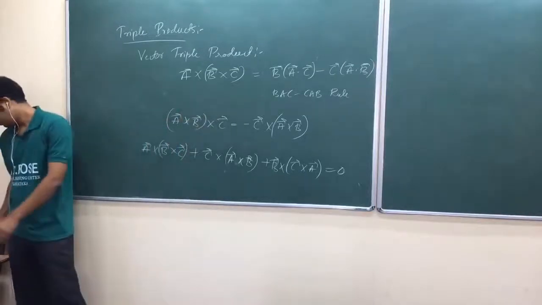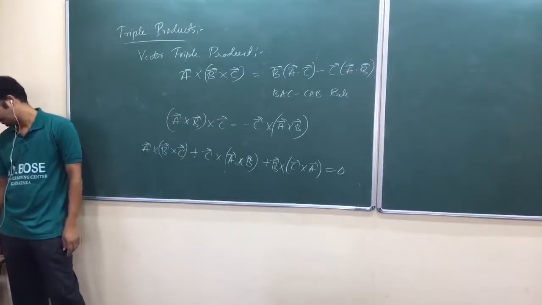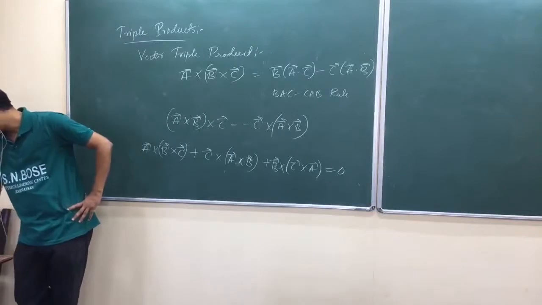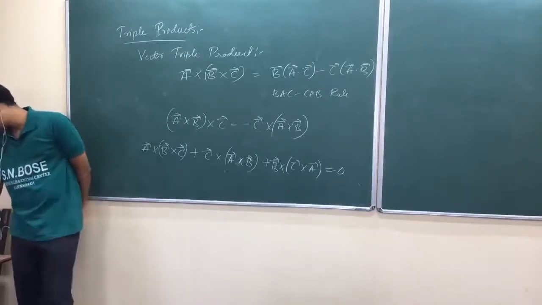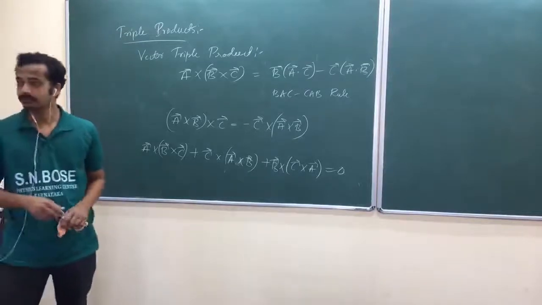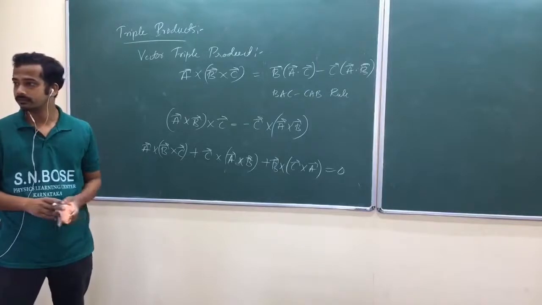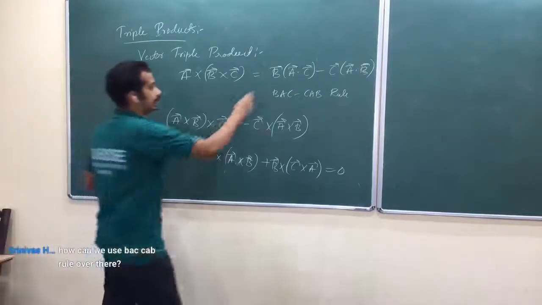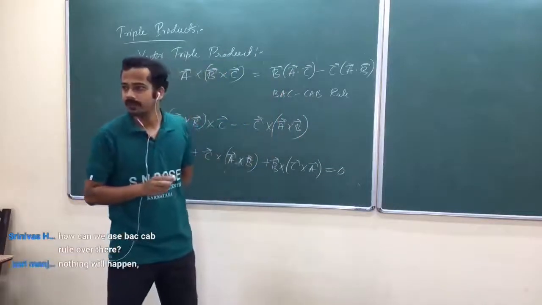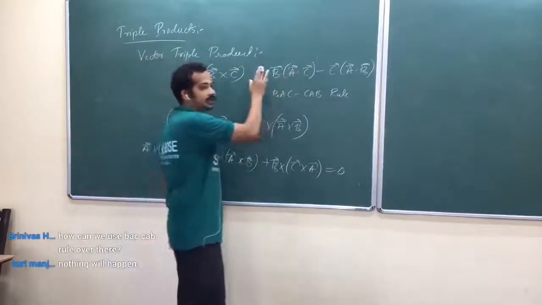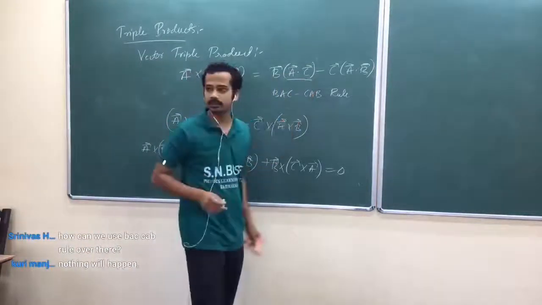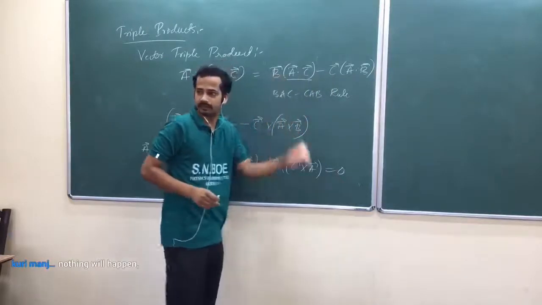Now, he has given that one as a problem. And he listed out two more identities. Let me just skip them. Whenever we need, we shall look at that one, okay? Now look at here. No, A dot C is a scalar multiplied to the vector. I mean, you better write A dot C here. Are you getting my point? This is a scalar. A dot C is a scalar that's multiplied to the vector, rescaled.